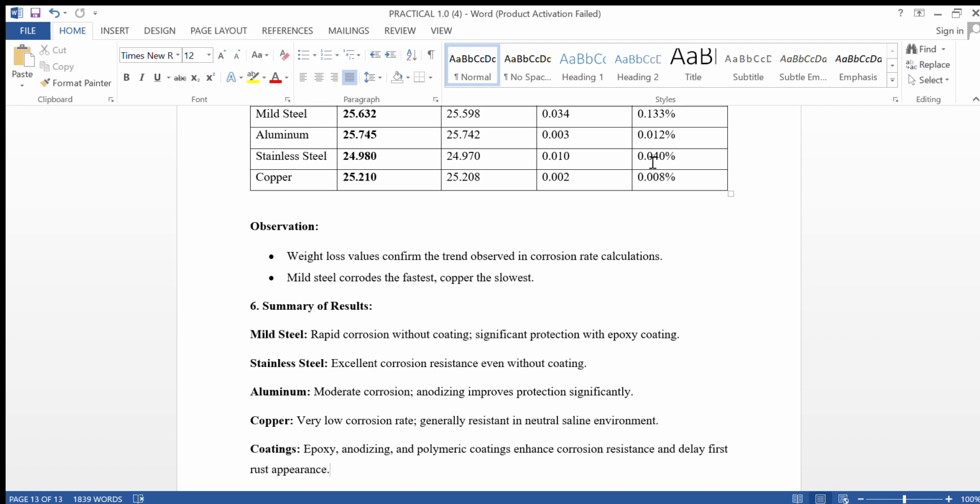And the last point is coating, which is epoxy, anodizing and polymeric coating. They enhance corrosion resistance and delay first rust